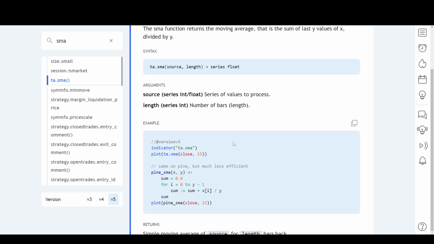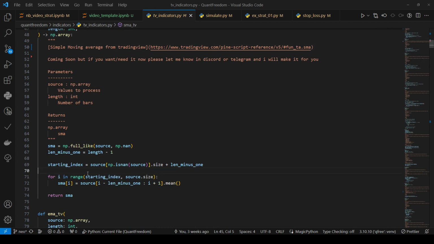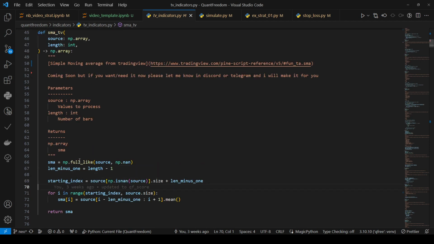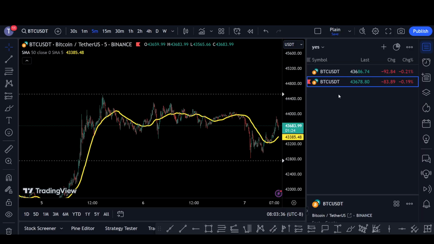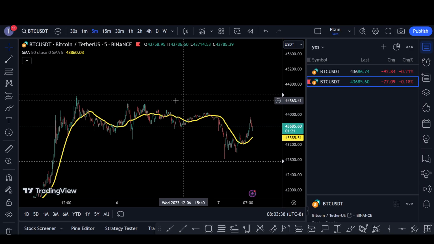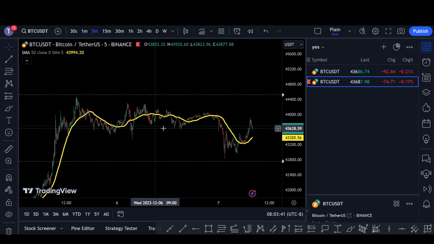Welcome, and in today's video we're going to be going over how to take the TradingView simple moving average and turn it into Python code using just regular Python code and NumPy. After we've done that, we'll go ahead and plot it so that it looks exactly like it does on